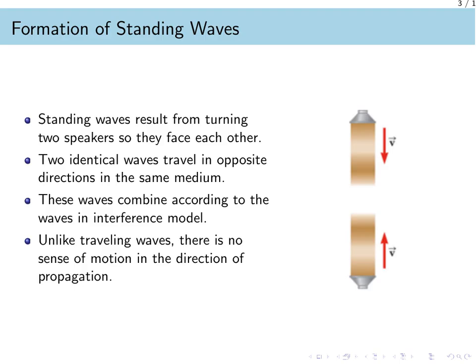Standing waves are formed when two identical waves travel in opposite directions within the same medium. A practical way to visualize this is by placing two speakers facing each other, both emitting sound of the same frequency and amplitude. As these waves overlap, they combine, according to the principle of wave interference. The most striking characteristic of a standing wave is that, unlike a traveling wave, there is no sense of motion in the direction of propagation. Instead of seeing a pulse move from left to right, we observe a steady oscillation pattern that appears to stay